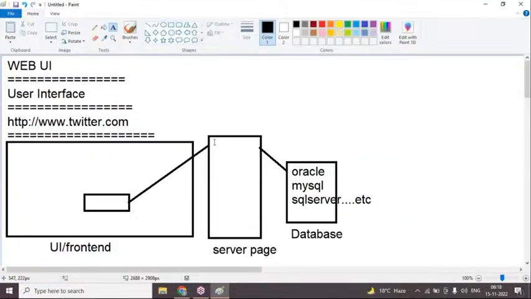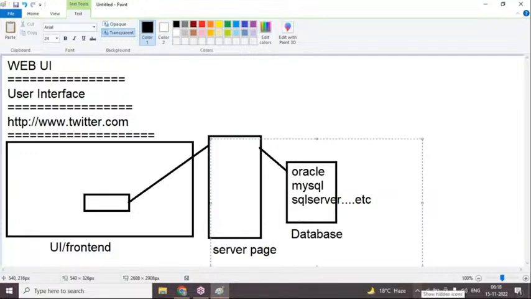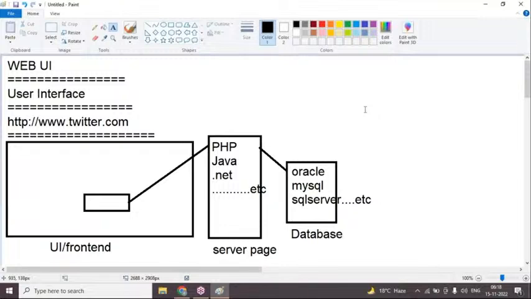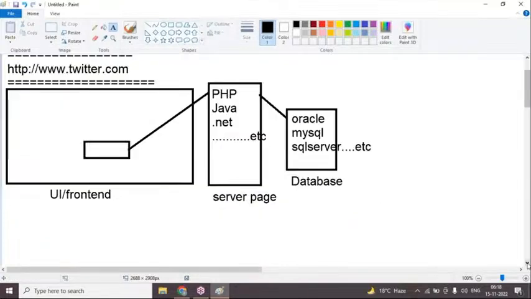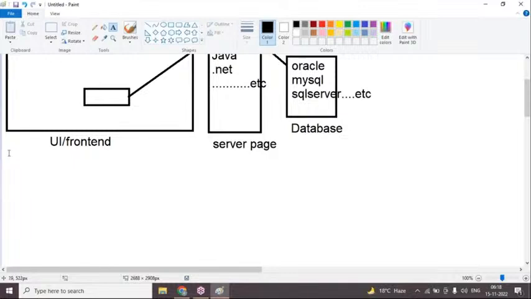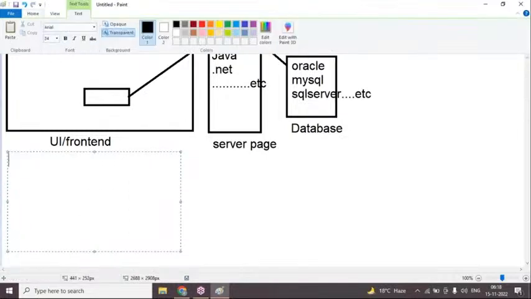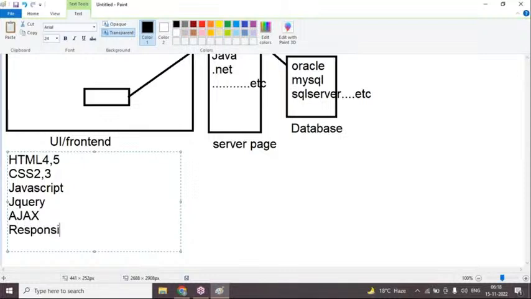Here, this is our front-end page. In this front-end page, we are connecting to the server page. PHP page, Java page, .NET page, these are all server programmings. Everywhere, on the server side and front-end side, they are looking for framework-level developers. To create this type of front end, we have to know HTML 4 and 5, CSS 2 and 3, JavaScript, jQuery, Ajax, responsive design,